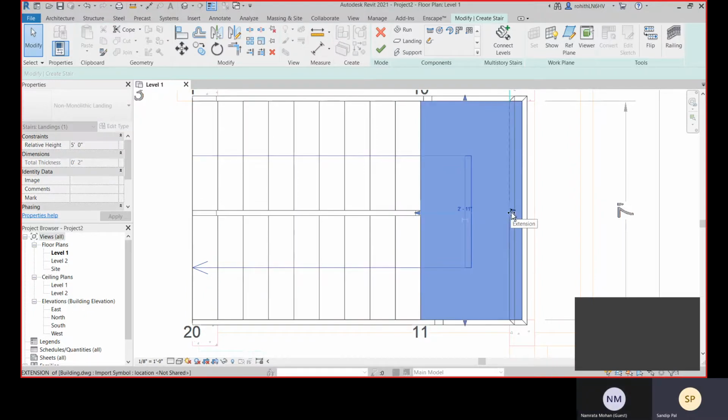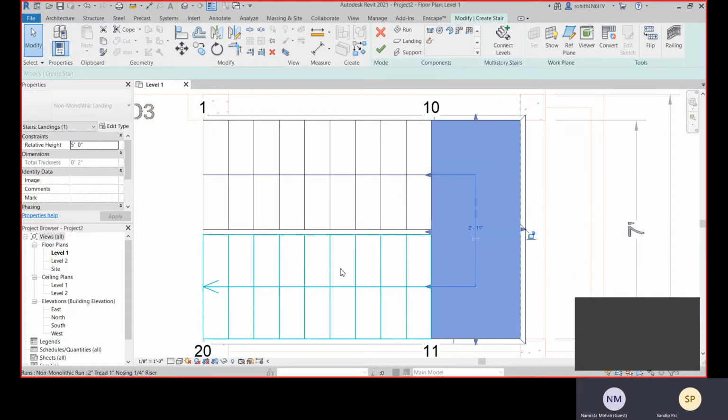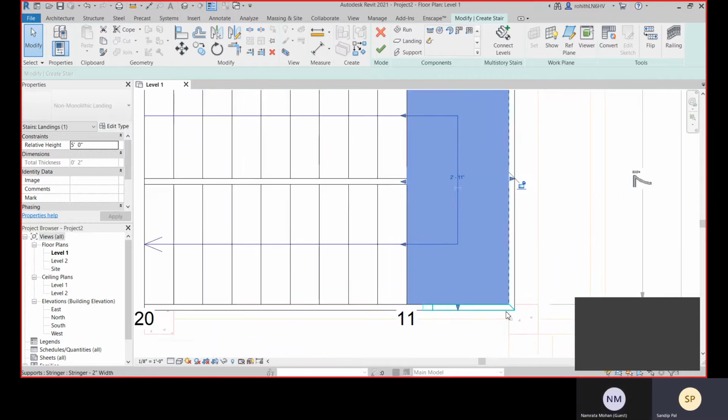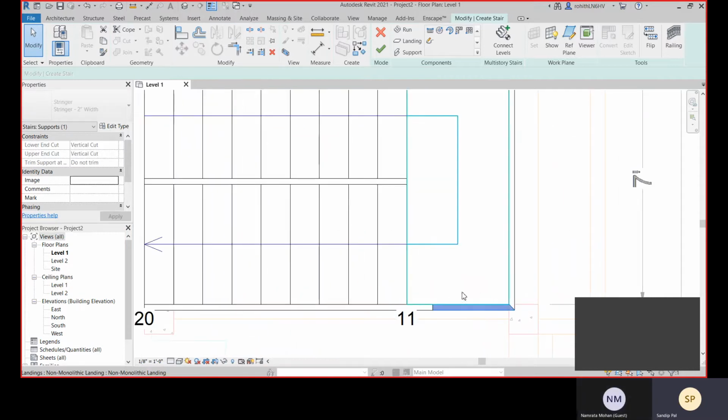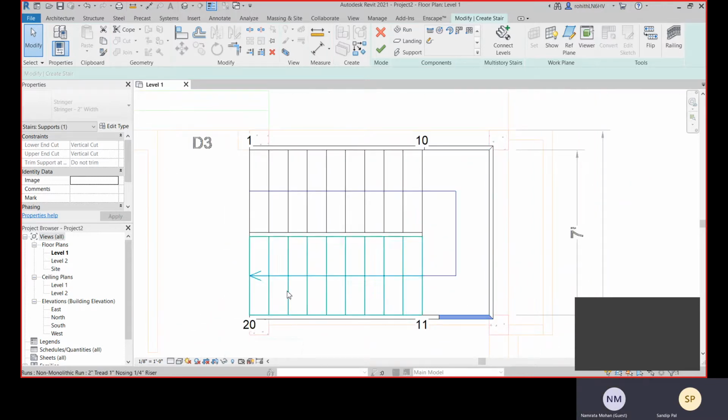Revit will give you some warnings like this, so you can ignore them, because you know that this is okay for you. And about this railing, you know how you can sketch this railing, you can redefine this.